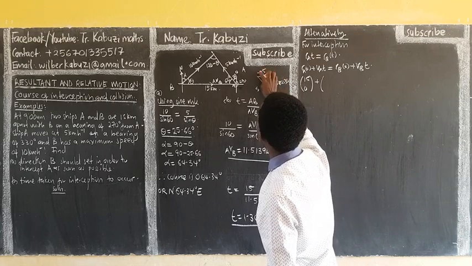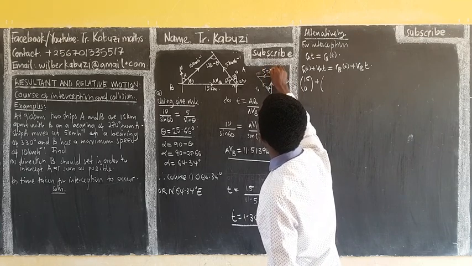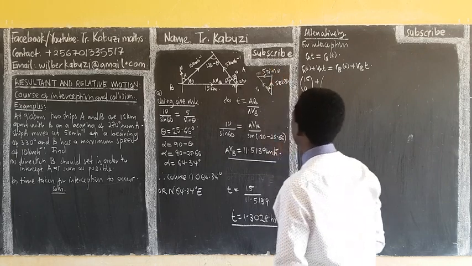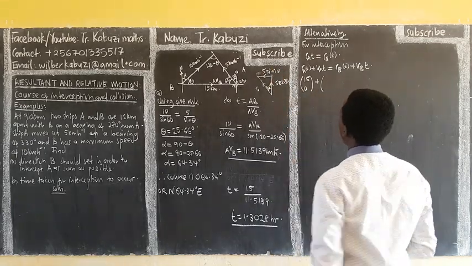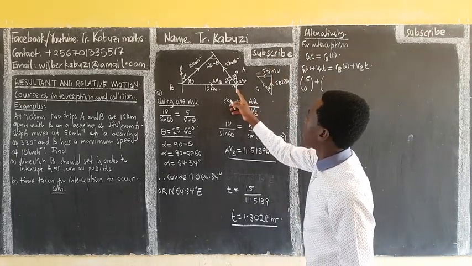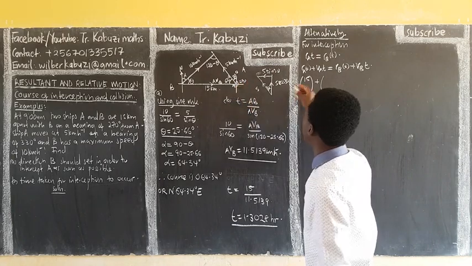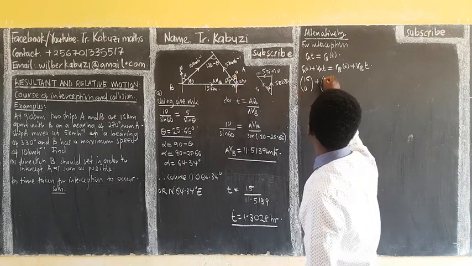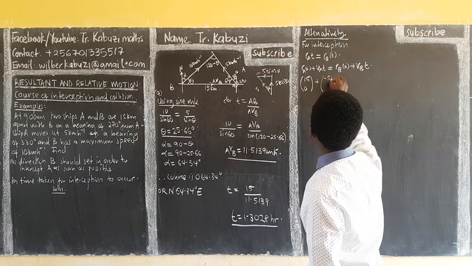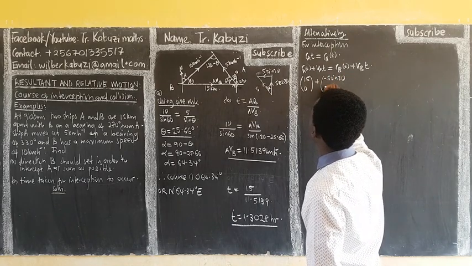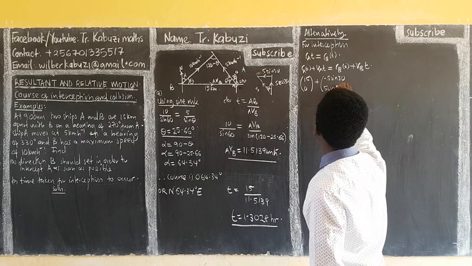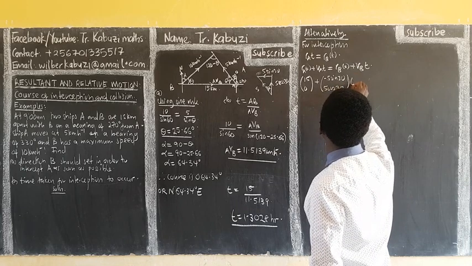This is going to be 5 sin 30 because it's opposite. So the horizontal is negative 5 sin 30, and this is going to be 5 cos 30 times t